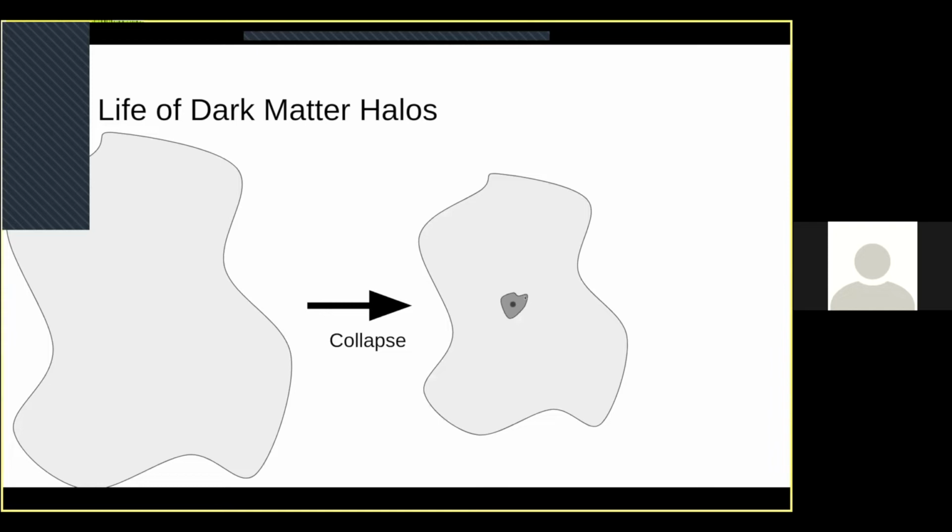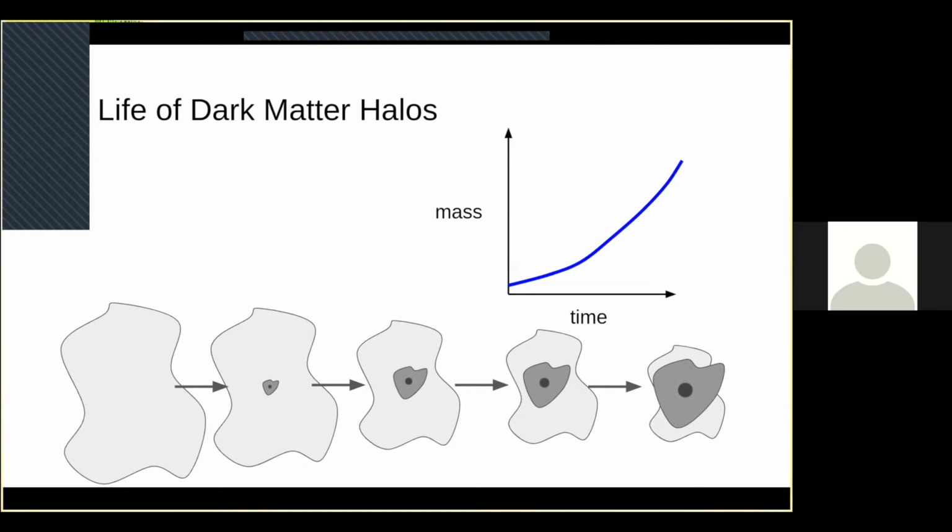Now, what also happens is that these fluctuations don't collapse all at one time. So what will typically happen is there will be some point inside of them that's a little bit more dense than the rest, and that collapses first. And then things start getting attracted to that matter more and more over time. And so really the shape of this initial quantum thing is what determines how that dark matter halo grows. And in turn is what determines how the galaxy inside of it grows.